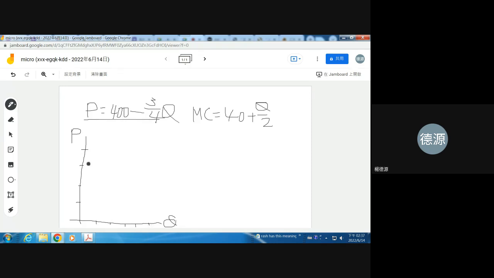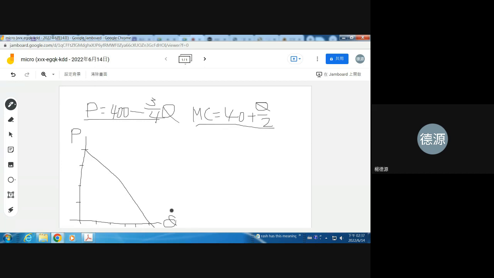Okay, it's going to be something like this. And so because we have two different cases. The first one is a monopoly. The second one is a perfect competition. So then, anyway, let's get to